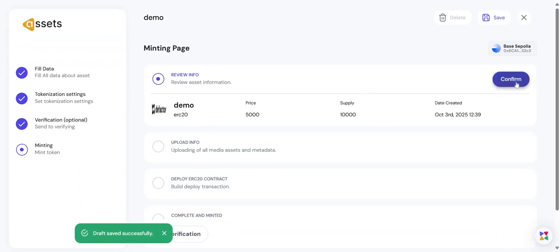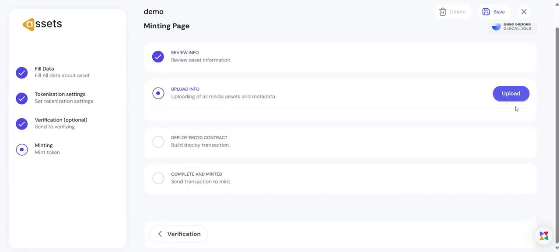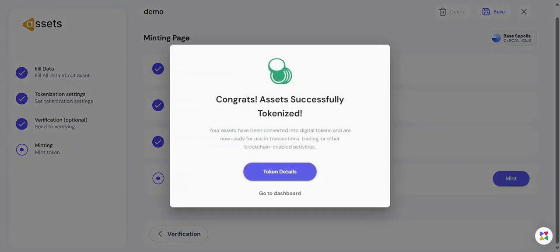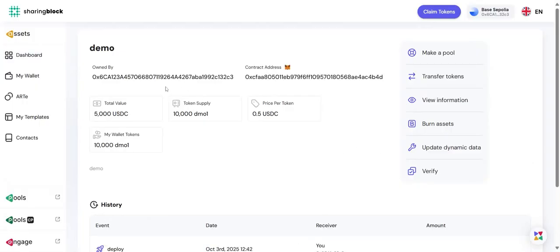So we're just going to confirm the details that we've already inputted. We're going to deploy the contract, and we're going to mint. So we just confirm in the wallet when it pops up, and our assets have been successfully tokenized. So let's take a look at the details. So we've got a contract address, we've got an ownership address, we've got a value, supply, price per token, and